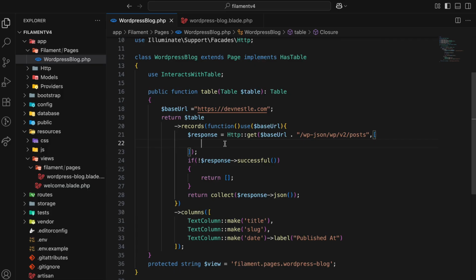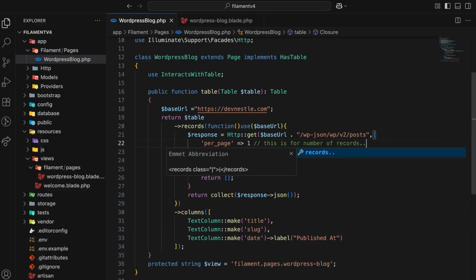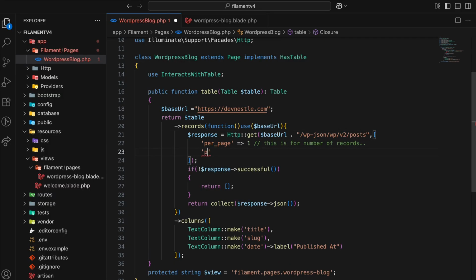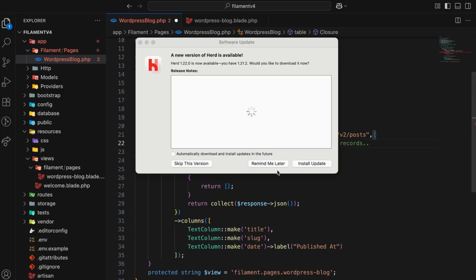If you want to fetch a number of records, that is done on the basis of per page. Let's say this is for the number of records. This is how the WordPress API is configured. And then which page you want. So this is for page, sorry,